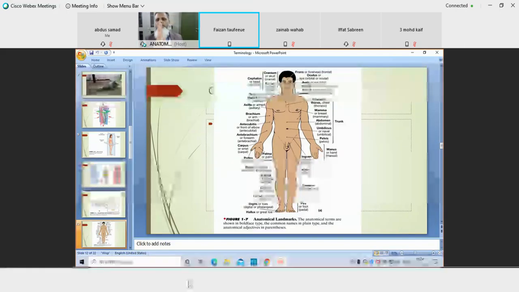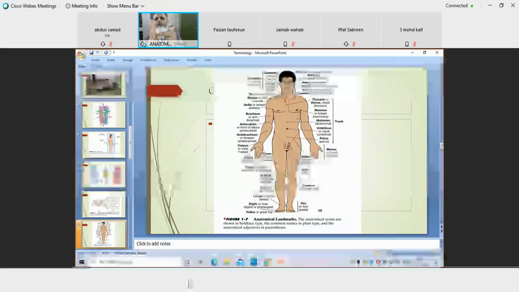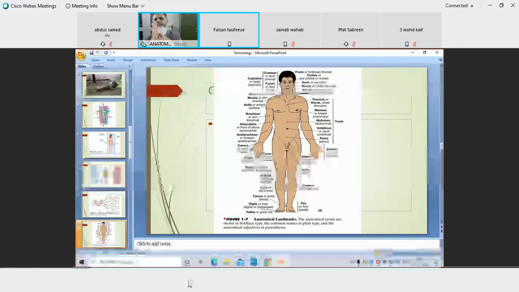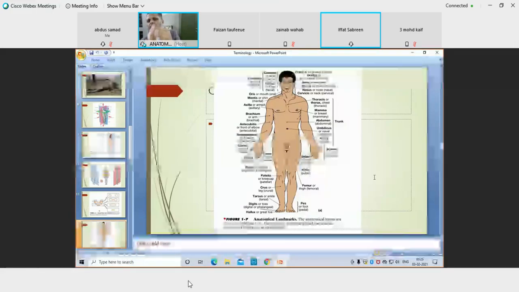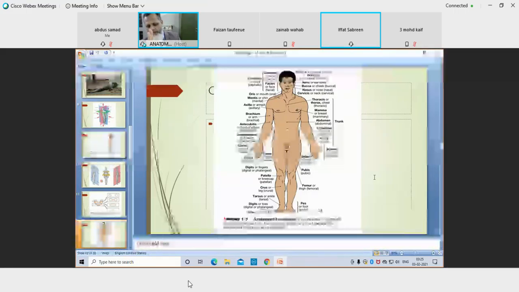Now see my fingers again. Suppose this whole is the breadth of the body, or you can say the thickness of the body or any structure, this is the whole thickness, and that part is the front or the surface. Now my little finger will be known as superficial, and my ring finger will be deep to the little finger. So the ring finger will be known as deep. Any confusion, children?